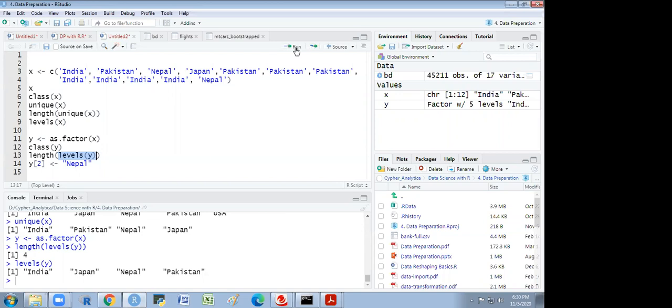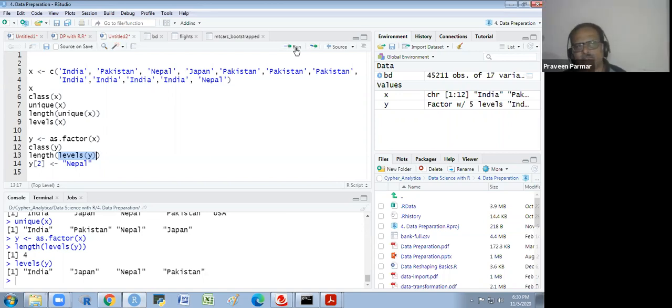When we do modeling, machine learning and all this, we mostly prefer factor, because in a factor we get the values 1, 2, 3 as levels instead of Pakistan, Nepal, Japan. So while processing, it takes less time.